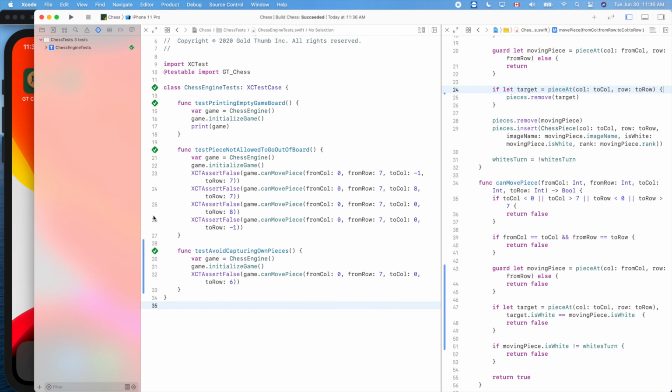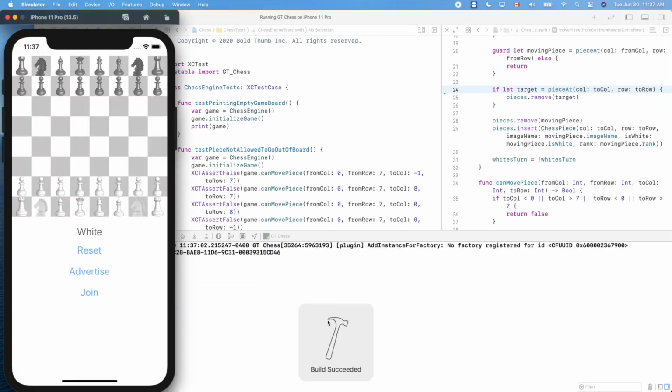Now it's time to run the app itself. Make sure nothing is broken. Okay, so this guy goes here. Yeah, so we cannot capture ourselves, right? Yeah, okay,